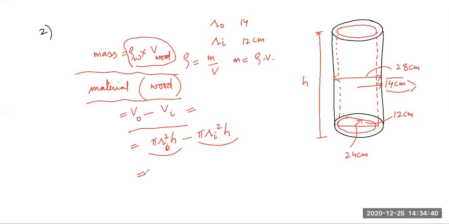In the competition tomorrow, if you slowly enjoy the concepts and, instead of flattering your teacher, always ask your teacher how and why, the teacher will also progress, you will also progress, and you will get the concepts more. Automatically your speed will be high, so you will clear the competition. So better, pi and h are constant, take them outside, then r o square minus r i square.